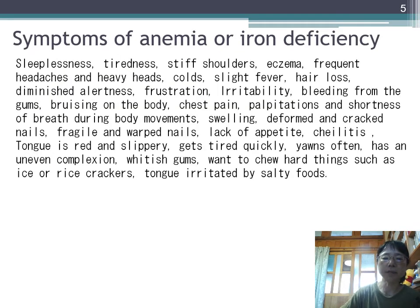There are many kinds of symptoms of anemia or iron deficiency. So if you are told you are not anemic, but you have these kinds of symptoms, you need to suspect you have iron deficiency. And there are many kinds of symptoms: sleeplessness, tiredness, stiff shoulders, eczema, frequent headaches or heavy head, colds, slight fever, hair loss, diminished